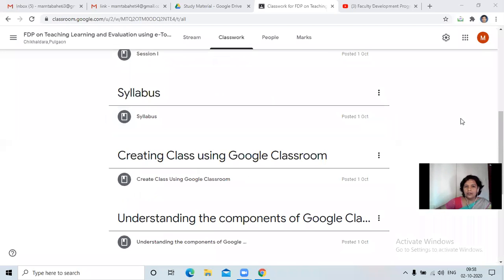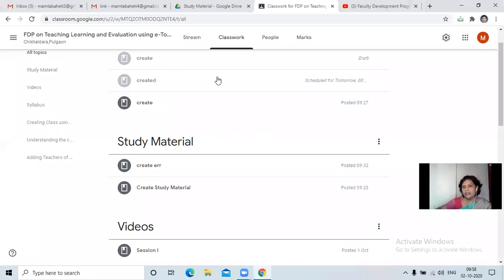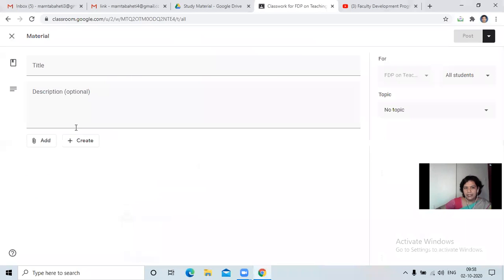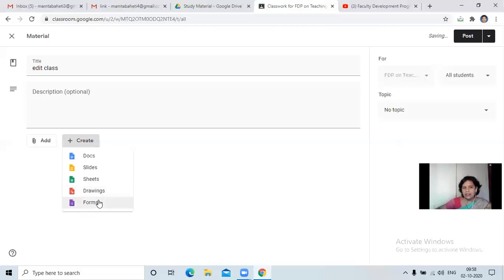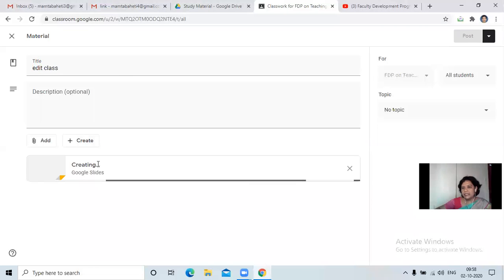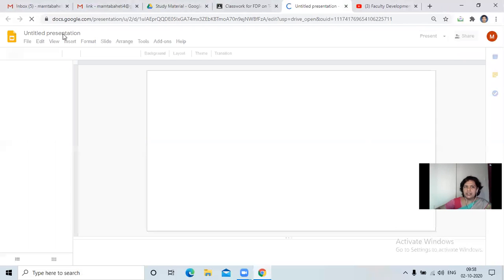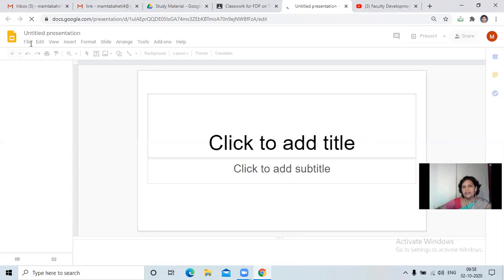Okay, so now we have done with Word. I'll again show you one more option from here with respect to material creation. I'll put the title here, edit class. Click on create. Now here, suppose some PPT presentation you want to make and you want to share it runtime. So here also you can work on it, but my suggestion will be please first put the appropriate name of that presentation. Otherwise, untitled presentation would not make that sense. For that relevant topic you are working with.